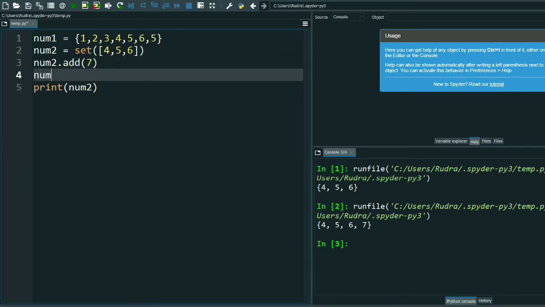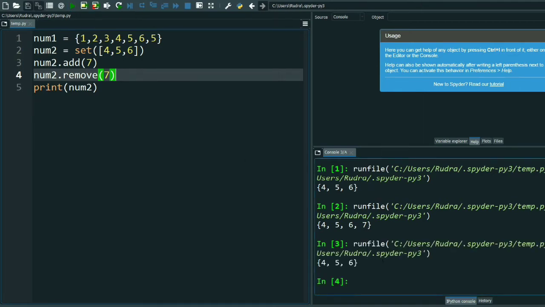Suppose you want to remove 7 again. How will you remove? See, num2 dot remove 7. See, 4 5 6, 7 is removed. I think you have understood how you can add a number in a set and how you can remove a number in a set.